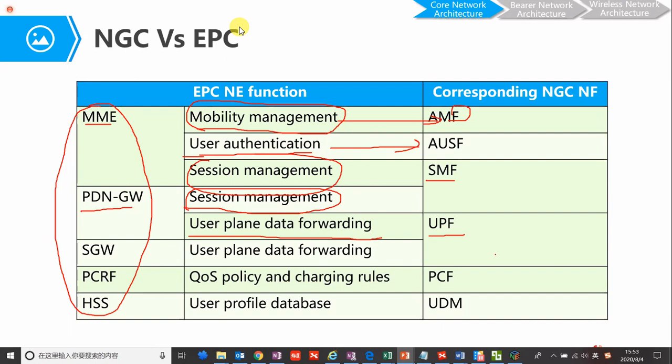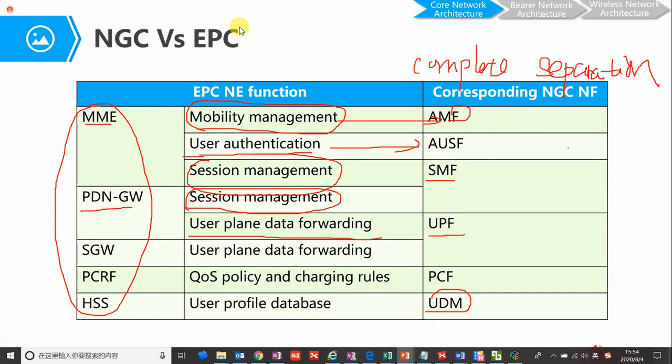So it's more dedicated, like HSS into UDF. More complete separation, and because it is based on cloud, all the functions are deployed on the cloud server.